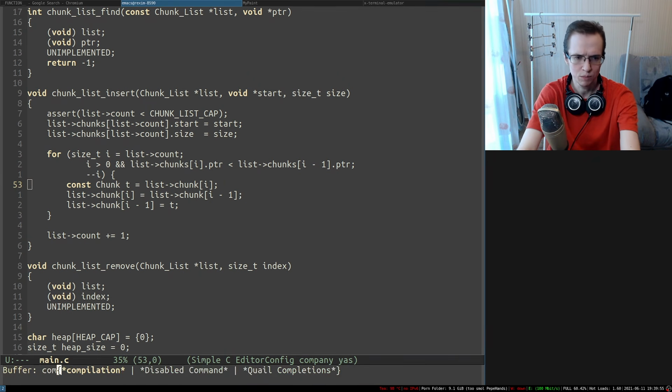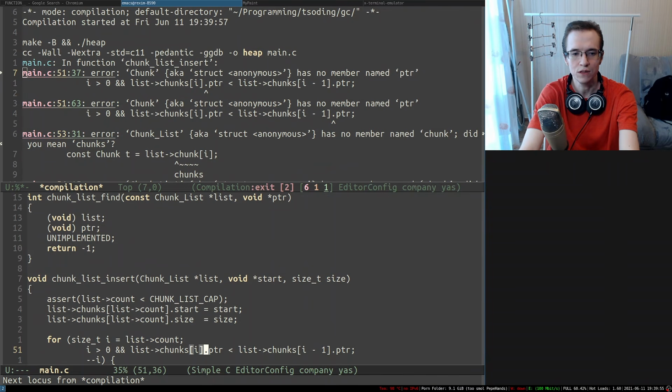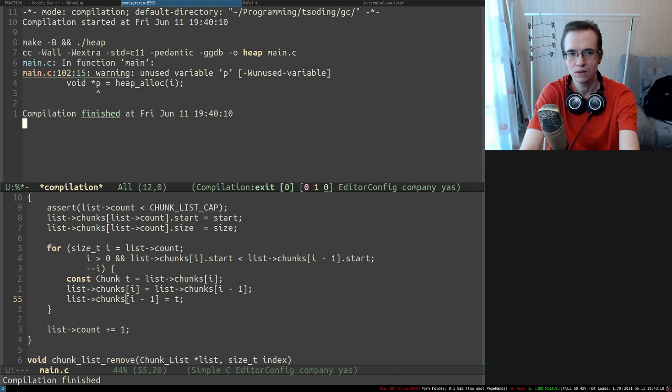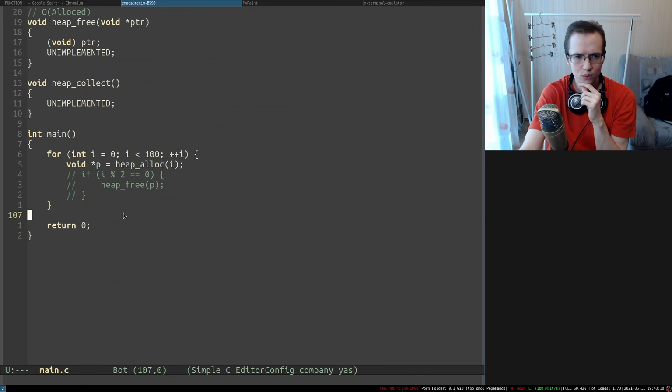All right, so let's try to compile this entire thing. And what do we have in here? So this is a pointer. It has to be start. We call this thing start. So this is a chunk, and yeah, everything's okay. So allocation went well, and after that, what I want to do, I want to do